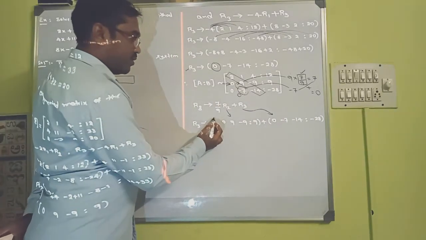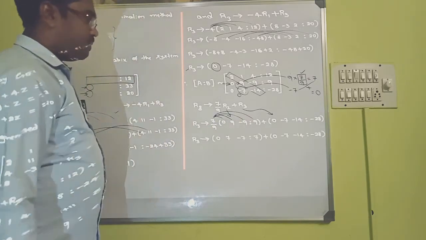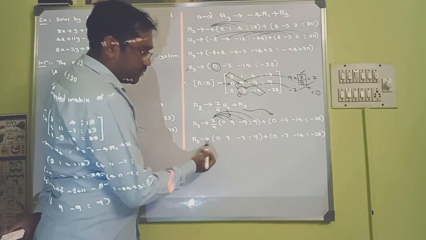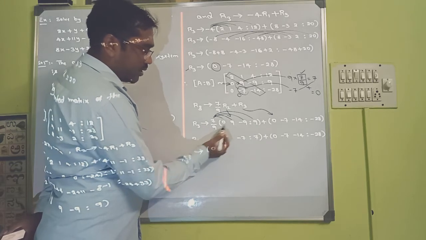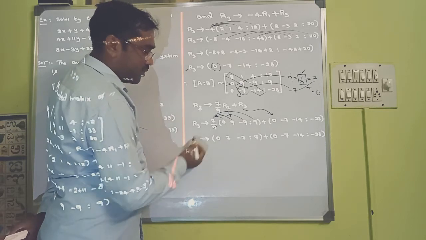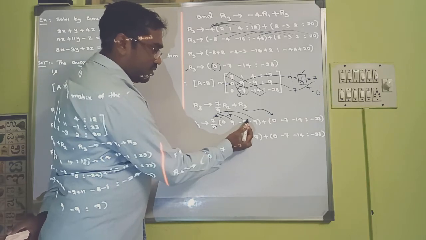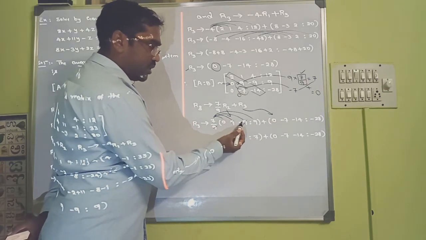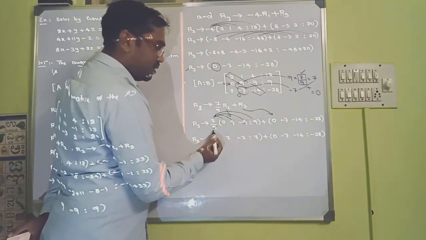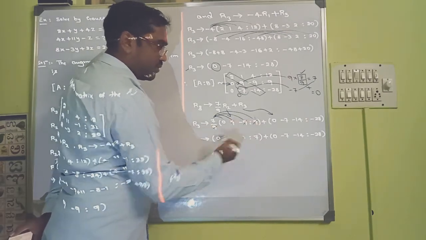So let us multiply this 7 by 9 inside. If you multiply this 7 by 9 with 0, you get 0. 7 by 9 into 9 is 9, 9 will get cancelled. 7 ones are 7. When you multiply this 7 by 9 with minus 9, 9 ones are 9, 7 into minus 1 is minus 7. When you multiply this 7 by 9 with this 9, 9 will get cancelled with 1. 7 ones are 7 will get.